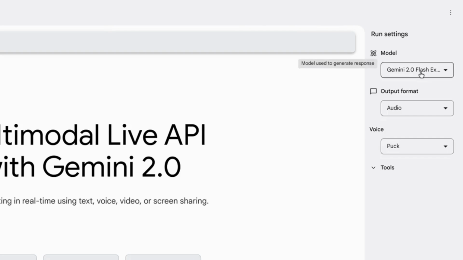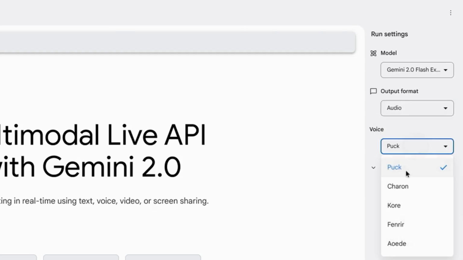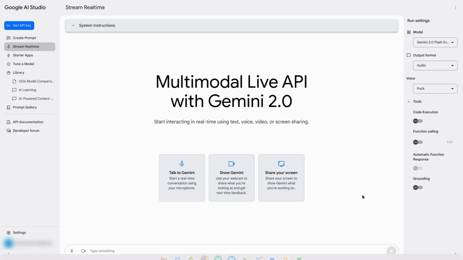Right now, the only model you can select is this Gemini 2.0 Flash experimental model. You can change the output format if you want between text and audio. You can change the voice with these different options here, and there are these other settings you can configure. The model is trained on data up till August 2024, but you can turn on grounding to include search results